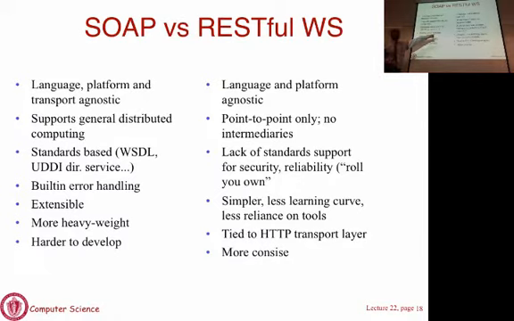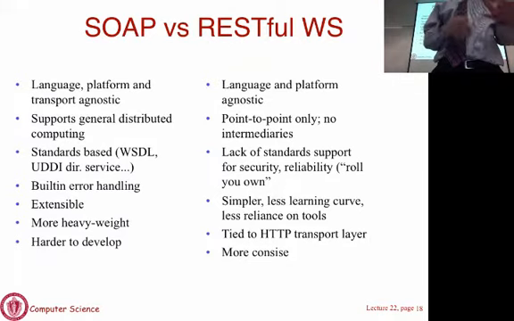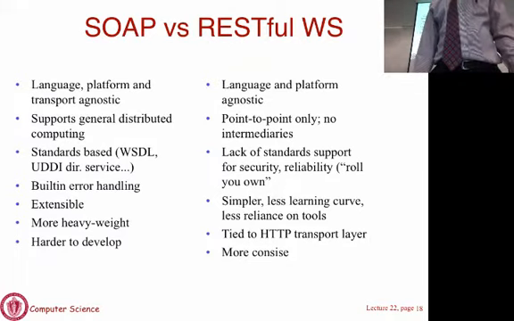But you have to do a little more of your own. Security is not specified, reliability is not specified. You have to use other mechanisms to provide all of those features. SOAP is more heavyweight, and it is extensible. Transport for REST is tied to HTTP. It is much simpler to use and write. It's very easy. There are many web frameworks that make it trivial to write RESTful web services. By definition, the communication is RESTful and web-based. This is what you may actually encounter if you write any real web application, whether in Python, PHP, Ruby, or Rails. A lot of the communication uses a form of a RESTful API.